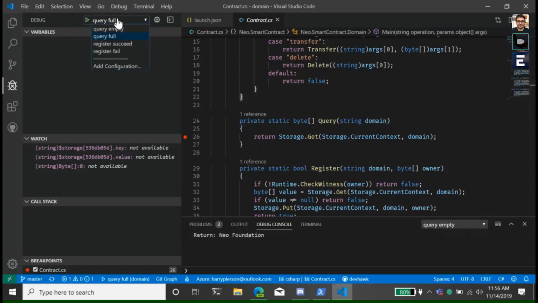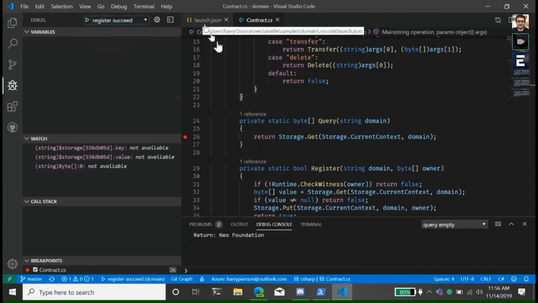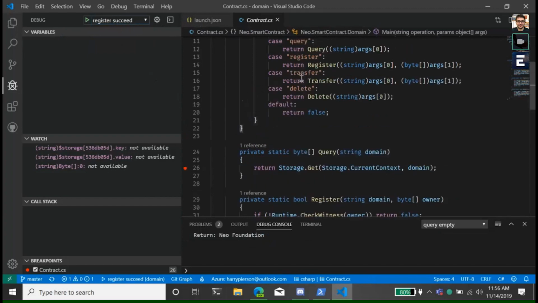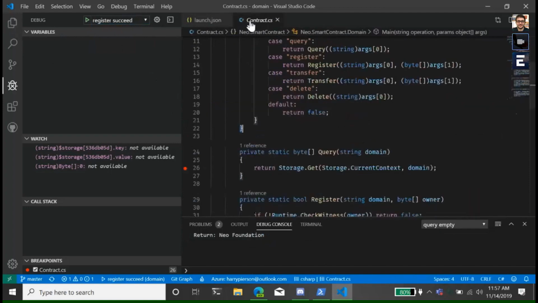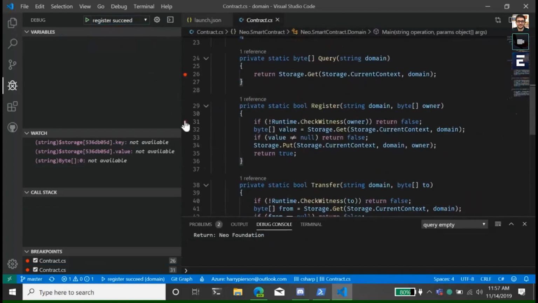Now let's look at one more interesting example, which is register. Here I want to create an entry. I've queried twice, and you can see that there's transfer and delete. We're not going to walk through those today, but we are going to look at register because there's one thing I want to show in register. Here I'm going to say that neo.org is going to register the Neo Foundation. And one of the things featured in here, and we're going to set a breakpoint,